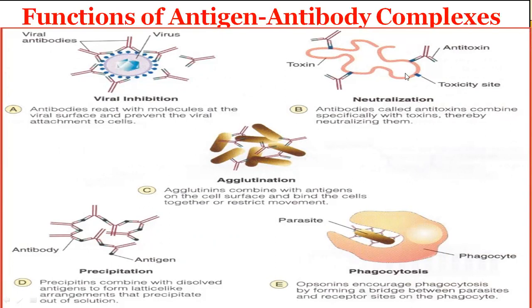So this could be a toxin. A toxin has a binding site. So before it injures any other cell, the antitoxin or antibodies can come and bind to this toxin. Then they're going to neutralize the toxin because the toxin now can be phagocytosed and it can't damage the cells. So these antitoxins, most of them are antibodies. You have antibodies that can be harvested that are specific for a particular toxin. It could be a toxin coming from a reptile or maybe a snake. So you can administer these antitoxins in the form of antibodies that can go and accumulate on that toxin and then they'll be neutralized by so doing. So antibodies called